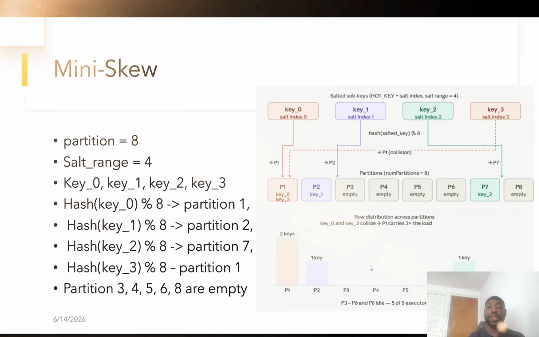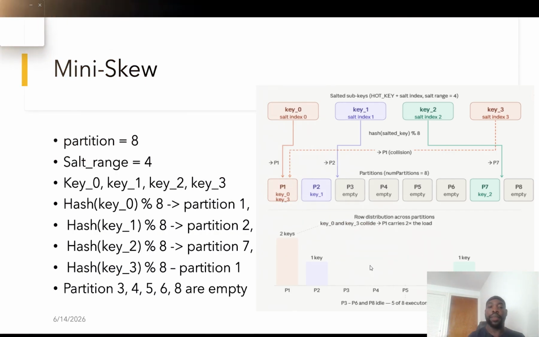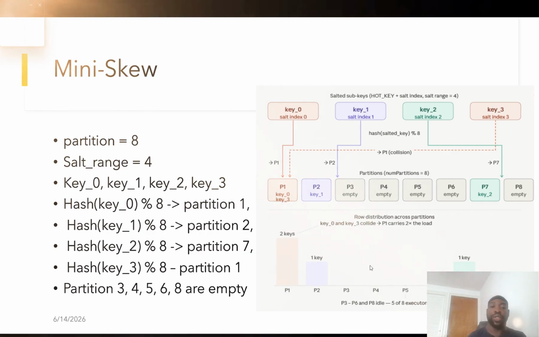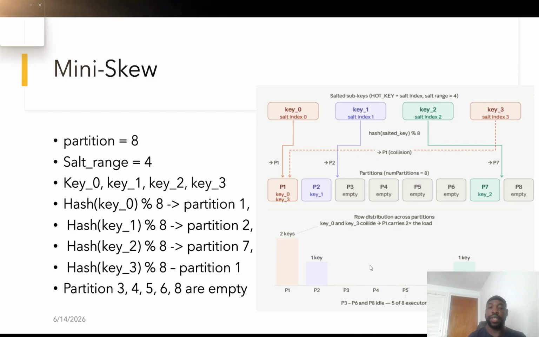But there are cases where the data are not as evenly distributed as we expected. Some partitions get more records going to them compared to others. So this is where it's important to know the right salt range you need to